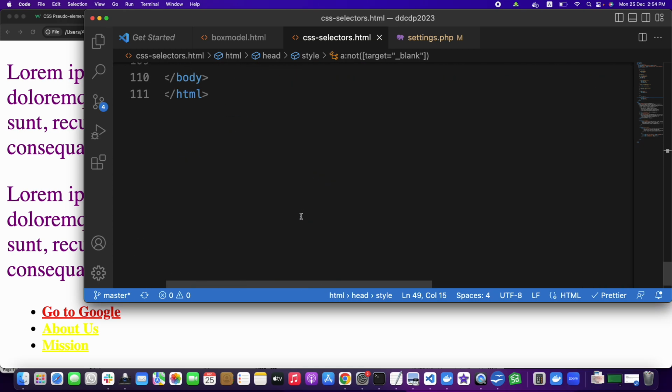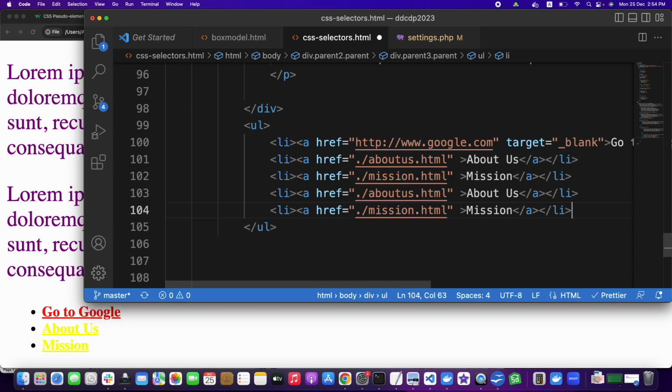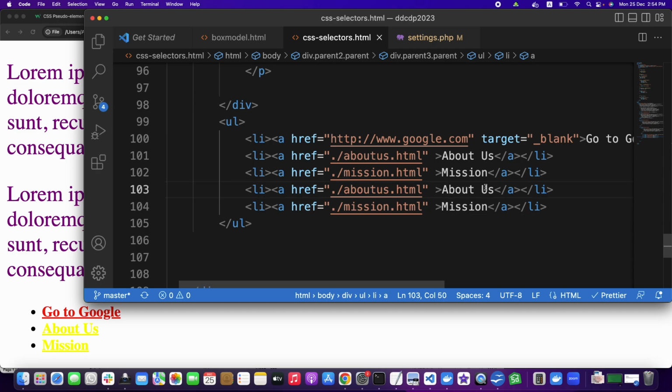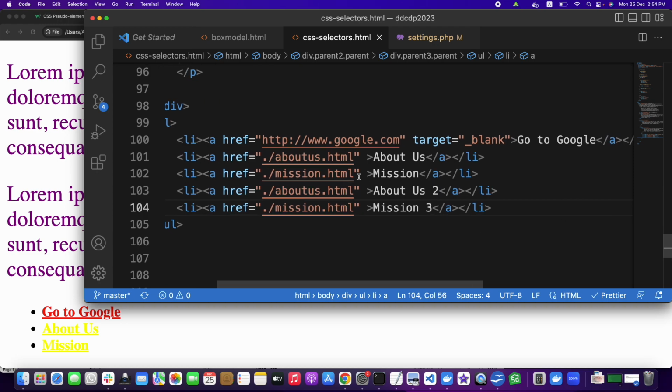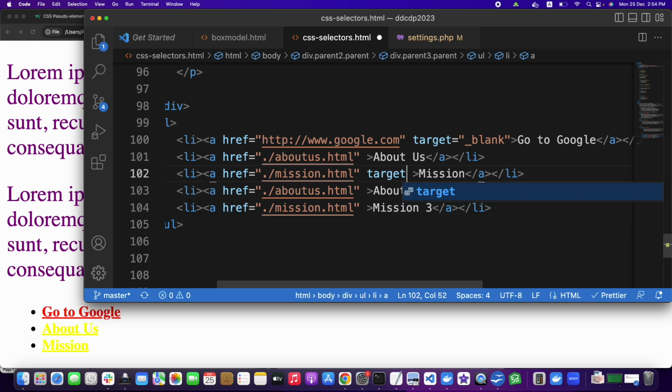If we have some other A's, let me copy two more. We will give it a target of self